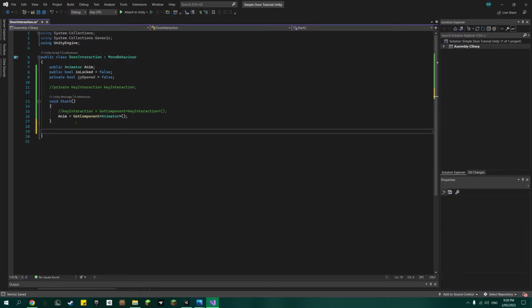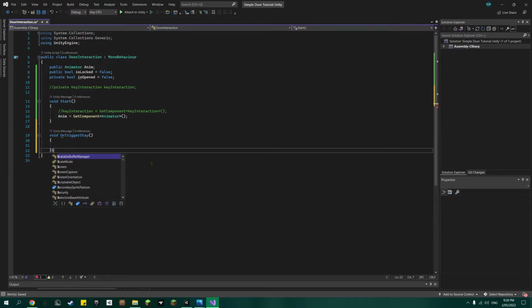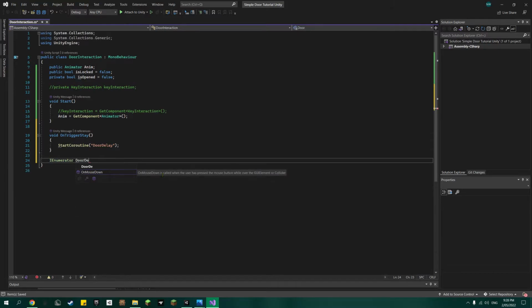and let's do void OnTriggerStay, and let's remove the private and Collider other. Let's start the coroutine DoorDelay. The reason we need a coroutine is because if you're able to spam it, it can cause some bugs. So now we need to do IEnumerator DoorDelay,